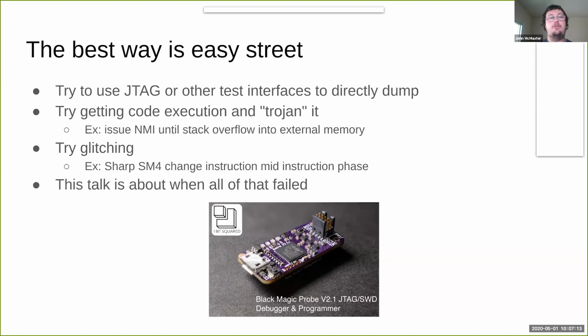And there are other ways to do it too. Another way, if all of that fails, you might be able to glitch it. Voltage glitching is something you might hear a lot. Things that make the CPU do things they weren't supposed to, or maybe some of the security circuitry. Whatever it is that allows you to get execution or unlock a test interface, just something that allows you to